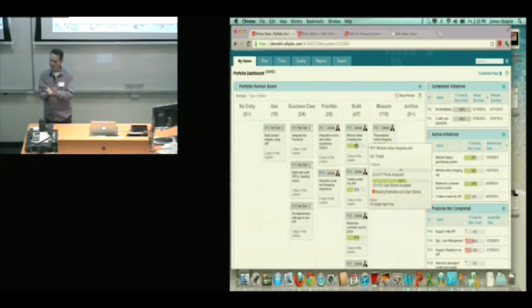So if there is a chunk of work that you haven't fully elaborated yet, you might want to create a dummy story and allocate 500 points to it, or whatever makes sense in the context of that project, so that you've still got a weighting of, I know there's approximately that much work left, I haven't decomposed it, but I'll just keep a bucket there if you like. And if you do that, then that's going to be reflective of that overall point allocation. If you haven't done that, then it's only going to be reflective of the stories that you've actually broken out.